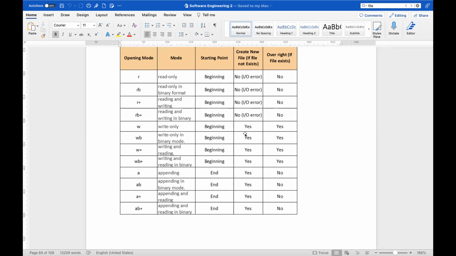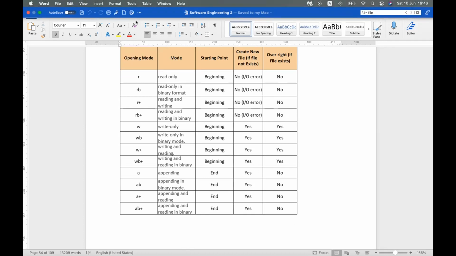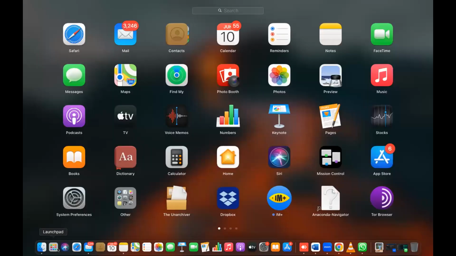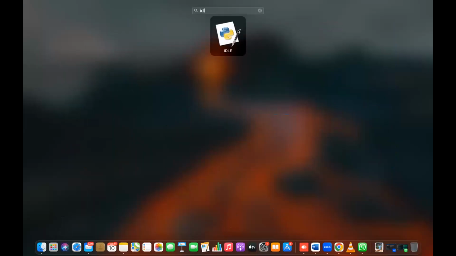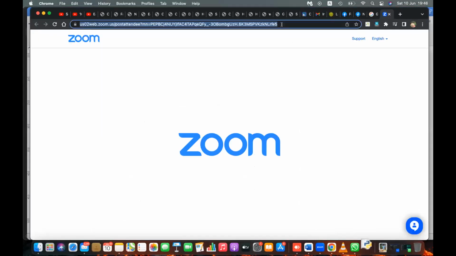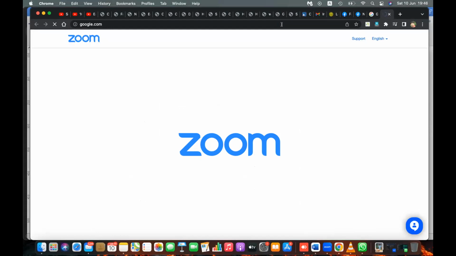Right. Let's do the practical now. Okay, let's do the practical part now. I'm going to open IDLE. You can also use your IDLE. If you don't have IDLE, my advice is to download that. Go and search in Google, saying